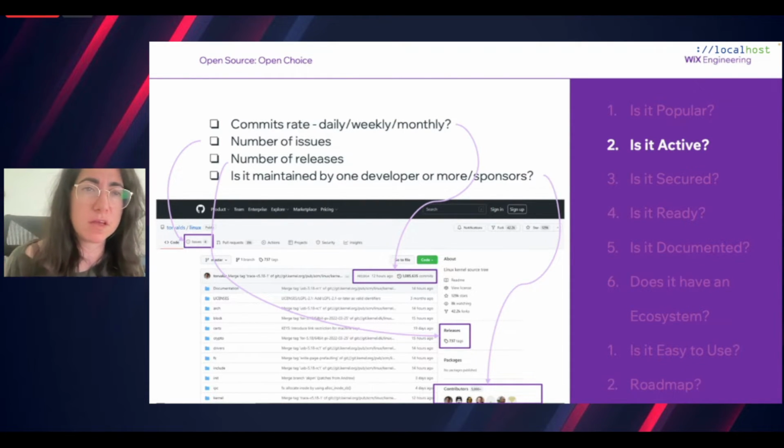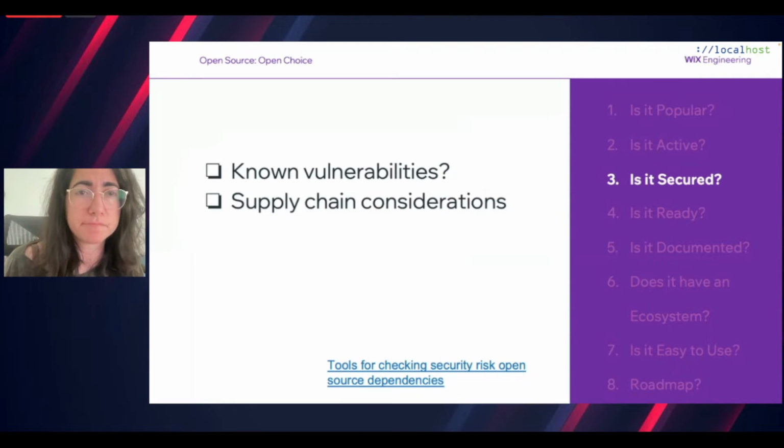So all of these questions are meant for you to understand that if you adopt a certain open source software, and then you need a bug fix or you are waiting for a feature, how long approximately you will have to wait in order to get those. So if you have a heavy use case where you will probably need frequent releases or frequent maintenance of that open source software, then activity is a very important metric to think about because of that reason.